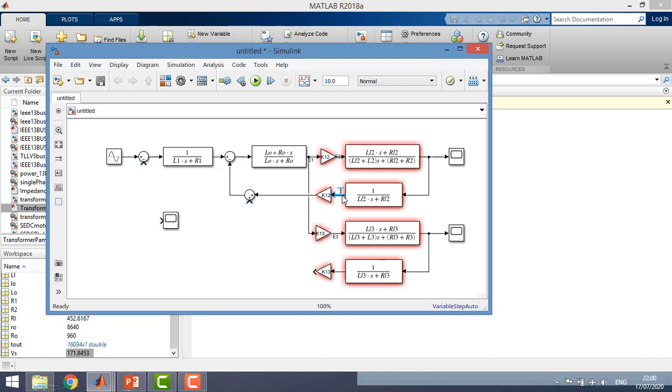Similarly, the current in the secondary windings is related to the current in the primary winding, I1 dash,